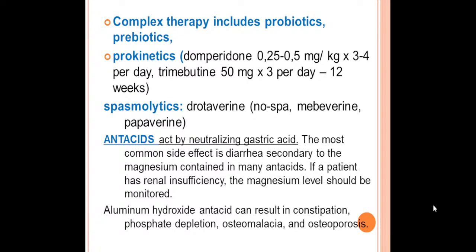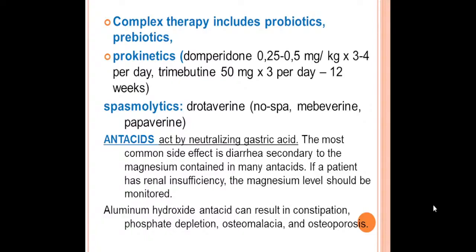Prokinetics, it is domperidone. This combination works very well: omeprazole, antibiotics, and the prokinetic domperidone, if the patient has gastroesophageal or duodenogastric and gastroesophageal reflux. If there is abnormal regurgitation in the gastrointestinal tract, domperidone must be given for a long time, maybe 3 weeks, maybe 4 weeks, and maybe continuously for 12 weeks. Trimebutine is very good for recovery